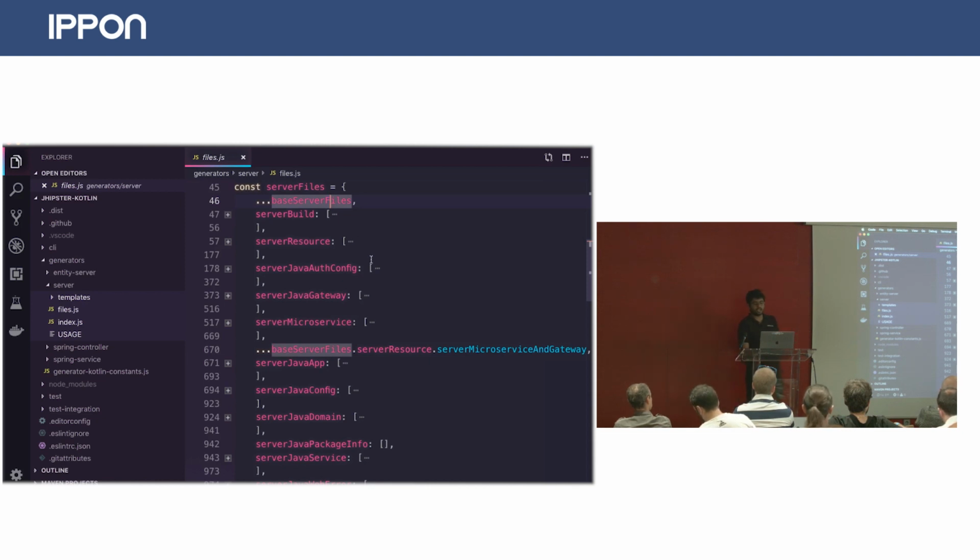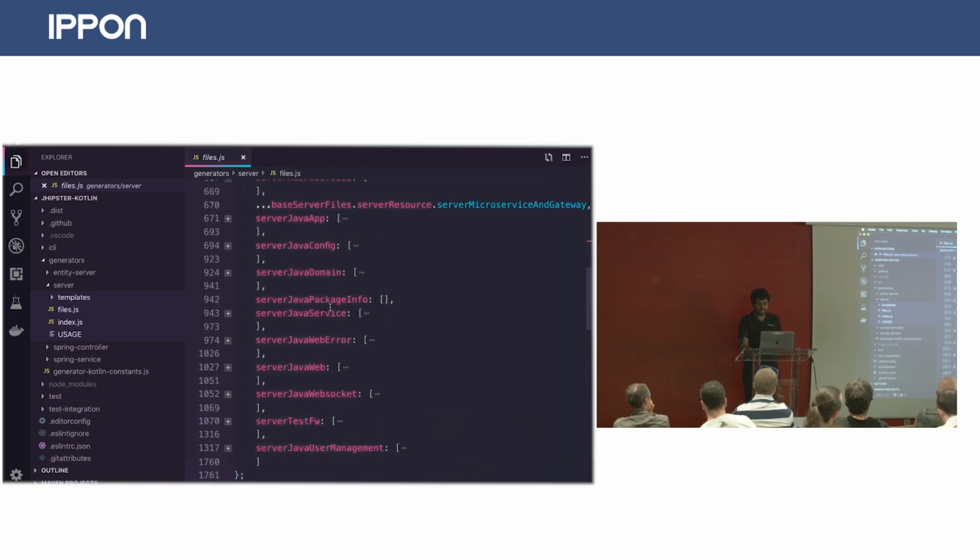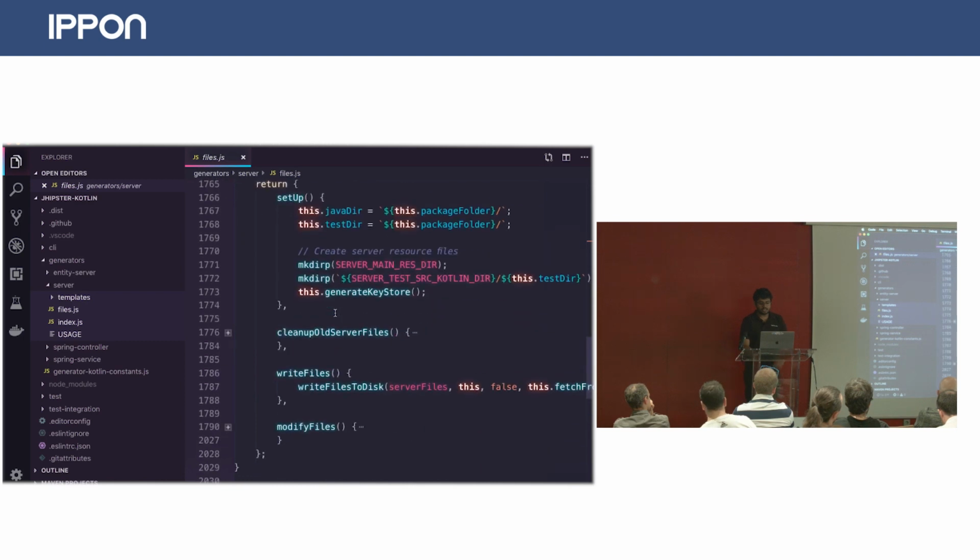So what you can do is export that particular value and use the JavaScript spread operator notation, which means all the things that you define in this object will be taken into consideration. All those things that you didn't define in this object will be taken from the base file. So that's how object representation works, right? So it just uses all those things and then creates an application for you. And that's basically it.